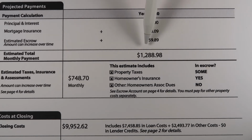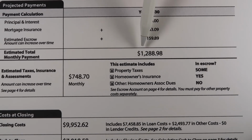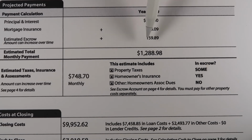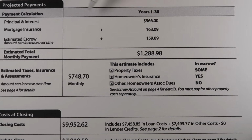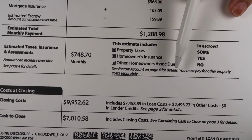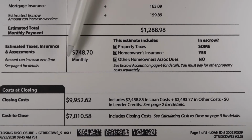So that's why my mortgage payment is right now $1,288.98, but it is going to go up about $400 or $500 estimated. I still don't know. I'm still not 100% sure how much higher it's going to be, but it is going to be a lot higher. And then this is the estimated monthly amount